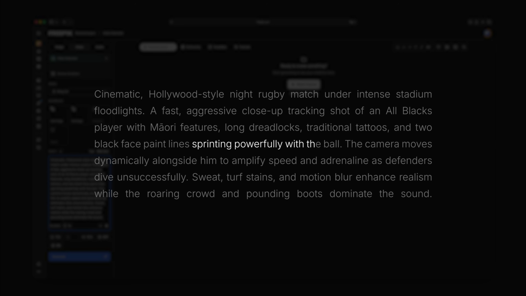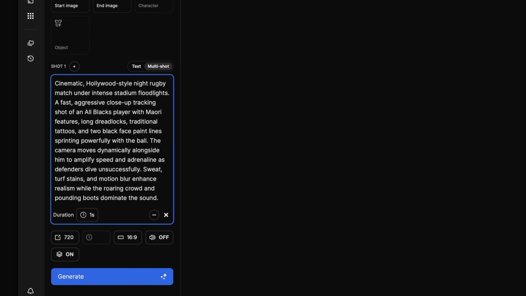Fourth, main physical action. He sprints aggressively with the ball while defenders dive unsuccessfully behind him, emphasizing speed and impact. Fifth, camera movement. The camera tracks dynamically alongside him, amplifying velocity and adrenaline. Sixth, cinematic visual detail. Sweat, turf stains, and subtle motion blur reinforce momentum and realism. And finally, ambient sound. The roaring crowd and pounding boots on grass complete the atmosphere. By following this structure, you significantly increase your chances of achieving strong results while maintaining precise control over visual and